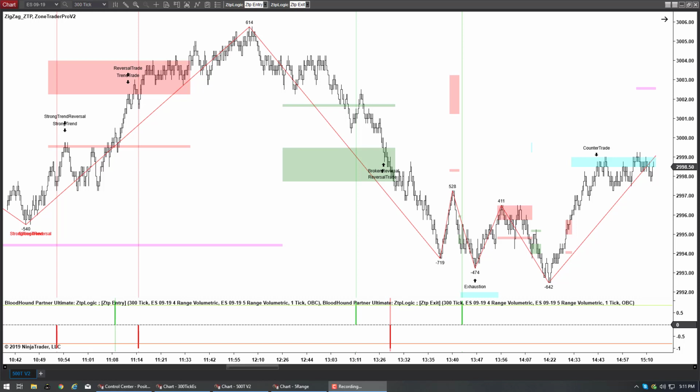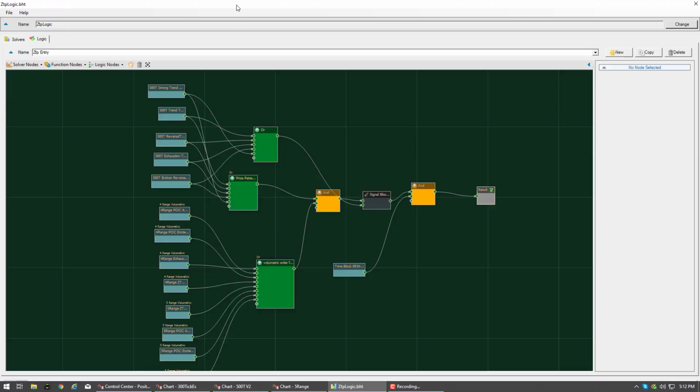As I've talked about on previous videos, I want to see what the ratio numbers are going into these, and it would also be interesting now to see, we can pick out specifically one type of trade and then look at just how that trade does. So if we wanted to do that, what we do is we come up to here, and here's our entry logic, and we would say make a copy. So now I've made a copy of this. Now I want to find all of the strong trend entries. So let's come back, change the name to strong trend,